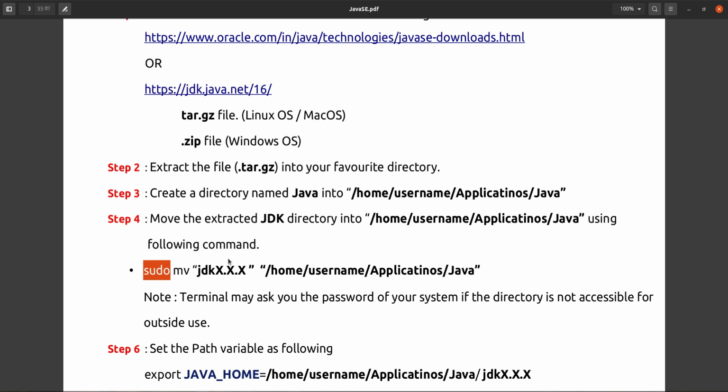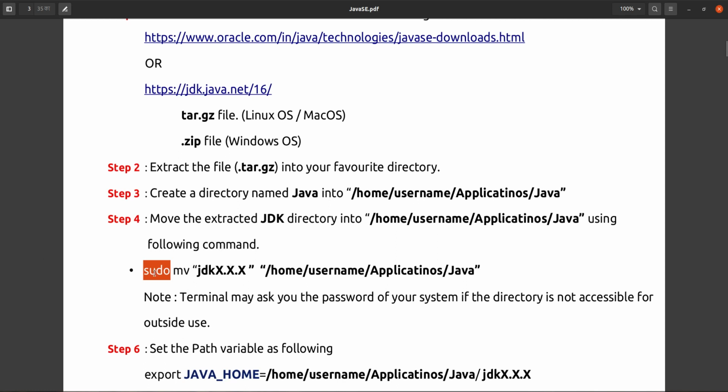Few directories in Linux are not accessible directly: you cannot read them, write them, or delete them. You have to give permission, and you give permission by giving the password.